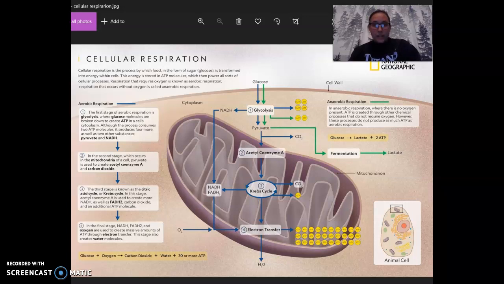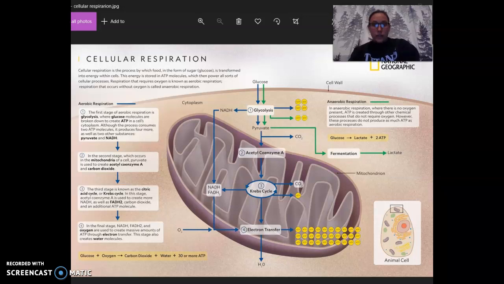Then the second stage will occur in the mitochondria of the cell. Pyruvate is used to create acetyl coenzyme A and carbon dioxide. The third stage is known as the citric acid cycle, or the Krebs cycle. In this stage, acetyl coenzyme A is used to create more NADH as well as FADH2, carbon dioxide, and an